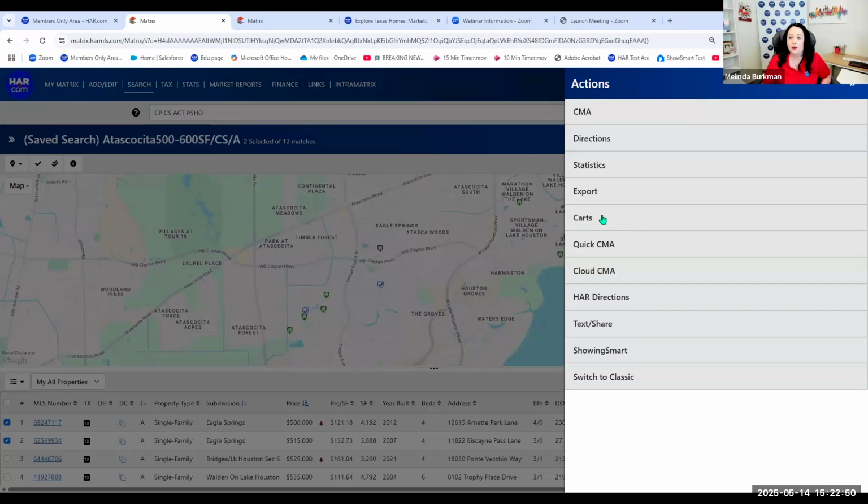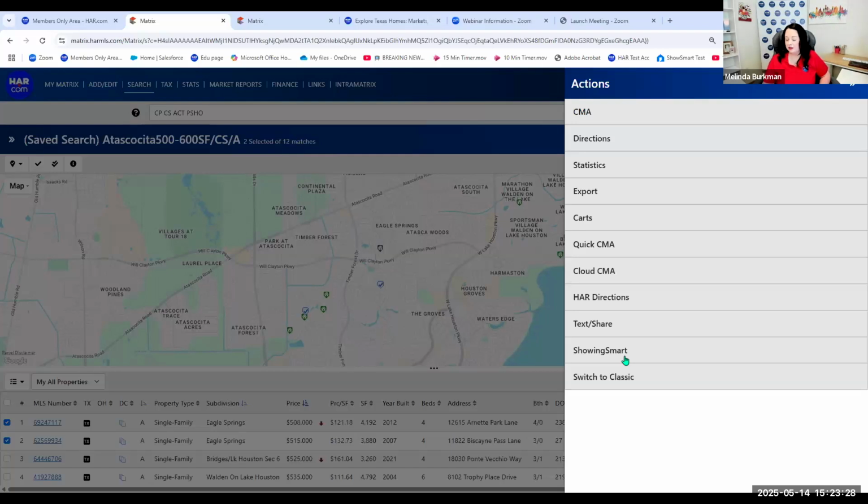If you go in and search just general areas, you could save individual houses to carts with specific clients' names. And then when you're done searching for the day, you send them everything in that cart in one fell swoop. And that's a tactic. If you don't want to do an auto email, you can just save listings to cart periodically and send them one at a time or all together. You've got options for doing CMAs, getting directions, text these listings to your client, open Showing Smart, and let's request some showings for these two listings.